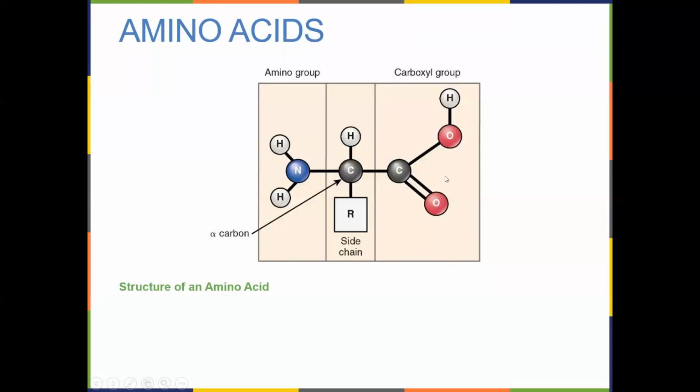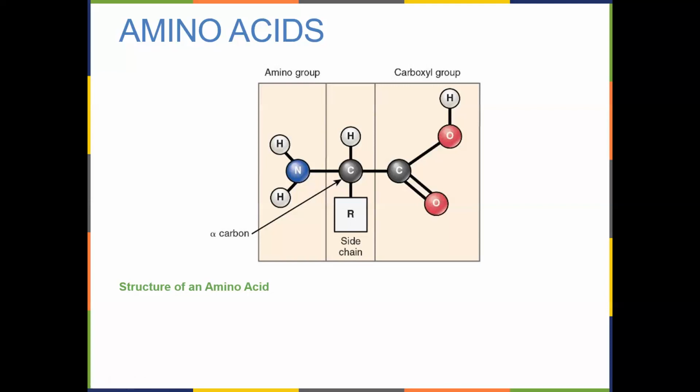Over on the other side is the carboxyl or the acid group. We're not teaching you organic chemistry here, but you know, the C double bond O and the OH, that's an acid. It's this part right in here where we have the R group attached. The R is any one of 20 different functional groups. It'll do any one of 20 different things. And whatever that R represents is what the amino acid will become.